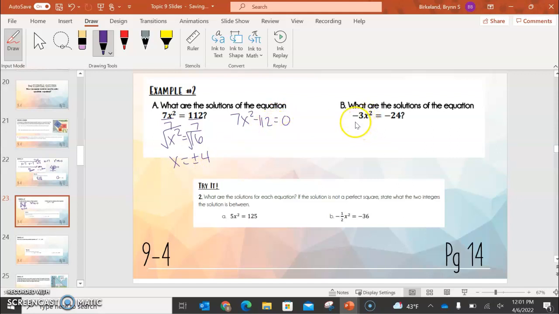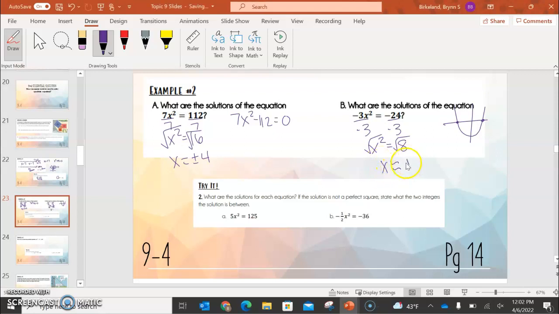Same thing here. We could divide by negative 3 first, which helps us get rid of that negative. And x squared equals 8. This time, if you took the square root of 8, it's going to give you a decimal. And we can just leave it at that. Let's go look at what our graph looks like for a second here. But not every parabola is going to cross at really nice whole numbers. Any parabola you'd graph, say with your eyes closed on a grid, probably is going to cross at a decimal answer. So if we took the square root of 8, we get